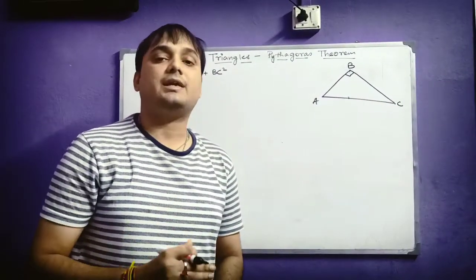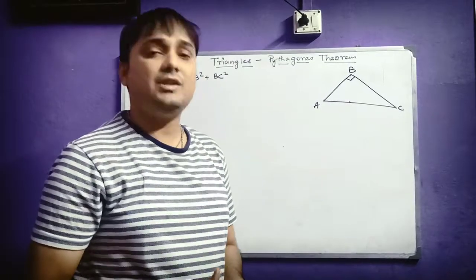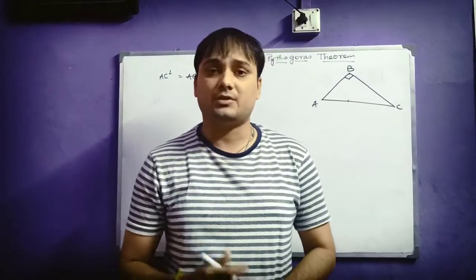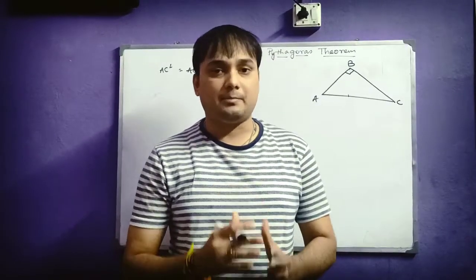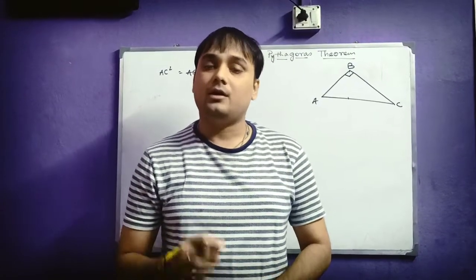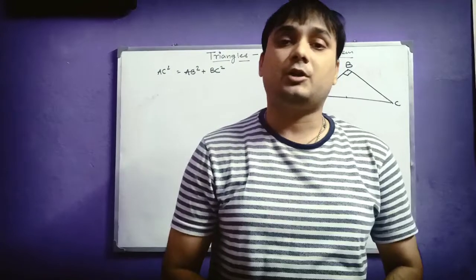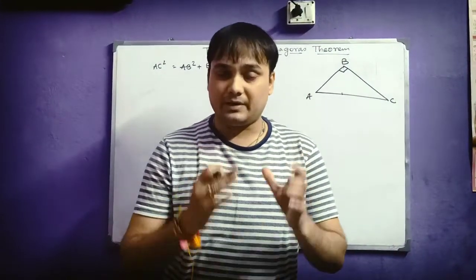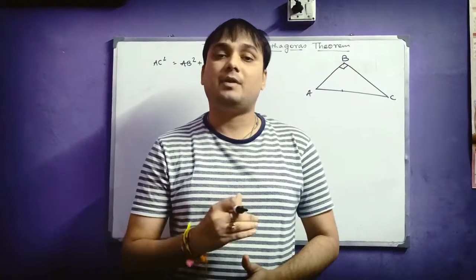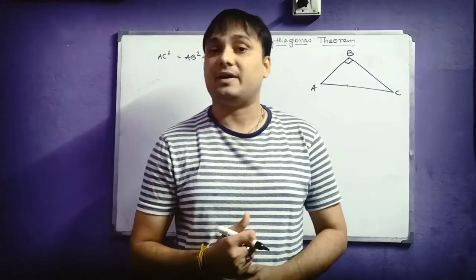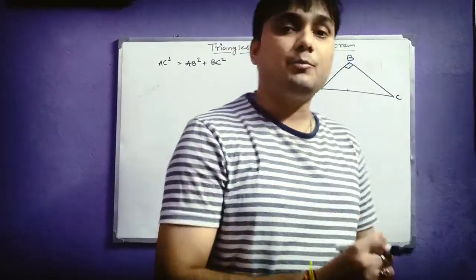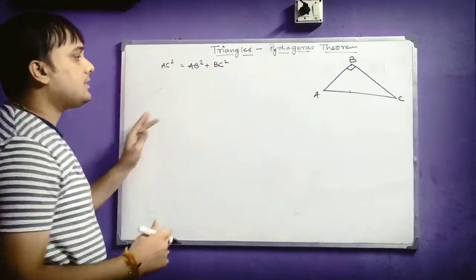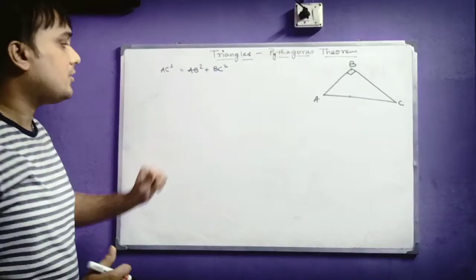Now the next question which arises, I think you have been using this theorem since class 7 onwards. I think this theorem was also there in that class, but in that particular class you were aware of this statement, but you were not aware how this theorem has been derived. But now in class 10 we will be understanding how this theorem has been derived. So now I am going to prove this statement, that is the square of the hypotenuse is equal to the sum of the squares of the other two sides of the triangle.